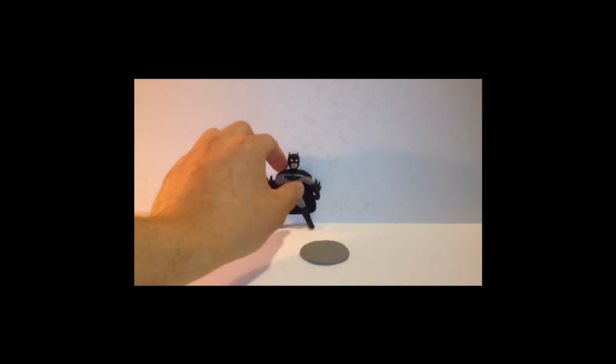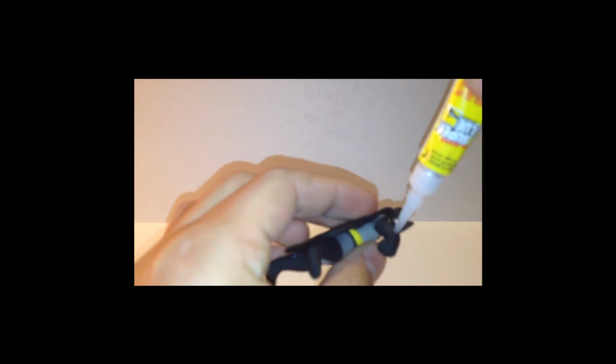And now that Batman is taken out of the oven and cooled down, we can finally finish him up. So let's grab our super glue. We're going to start piecing him together. Make sure the parts that come off easily are secure with the super glue, like little pieces such as the blades on his forearms,